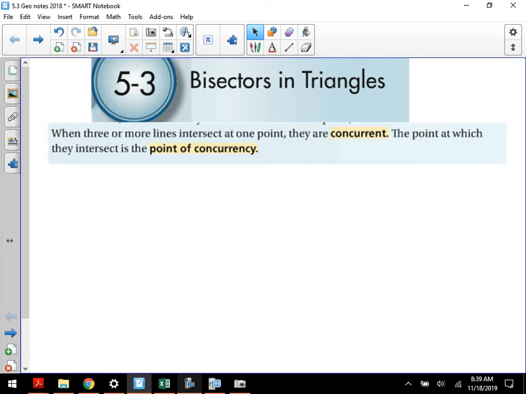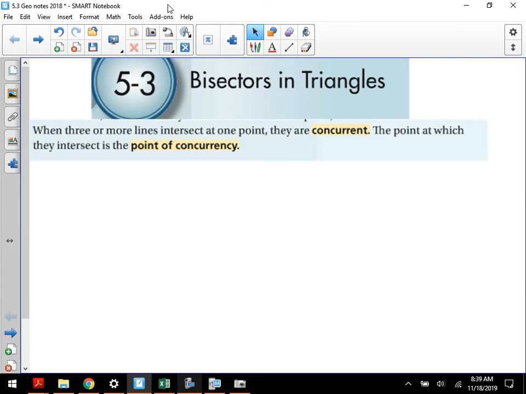We get these things that are called points of concurrency. Points of concurrency is a fancy way of saying where three or more lines intersect. A place